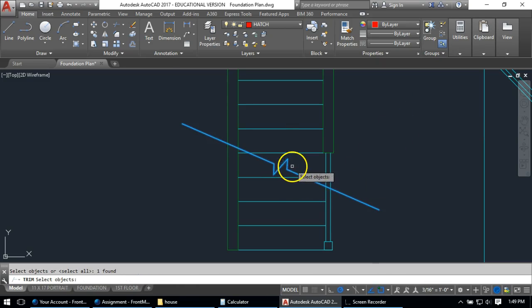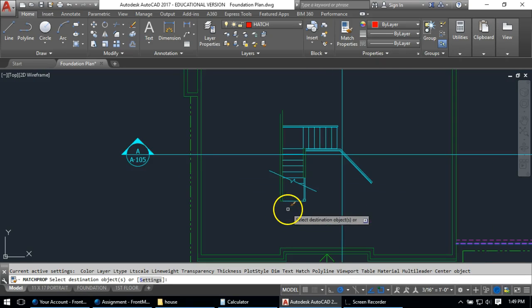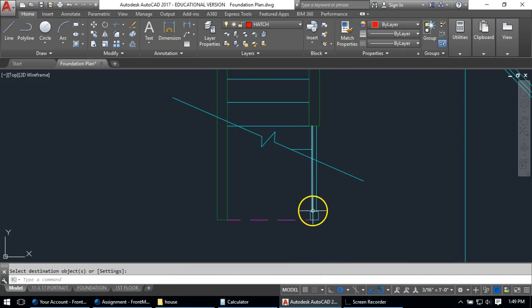So anything below this I will trim. Trim. Actually, that's not trimmable. I have to erase it. I'm going to keep this line in here because I have to make this line a hidden line. So I'm going to match properties to my hidden line. This baluster is not needed. And I'm going to take a hidden line